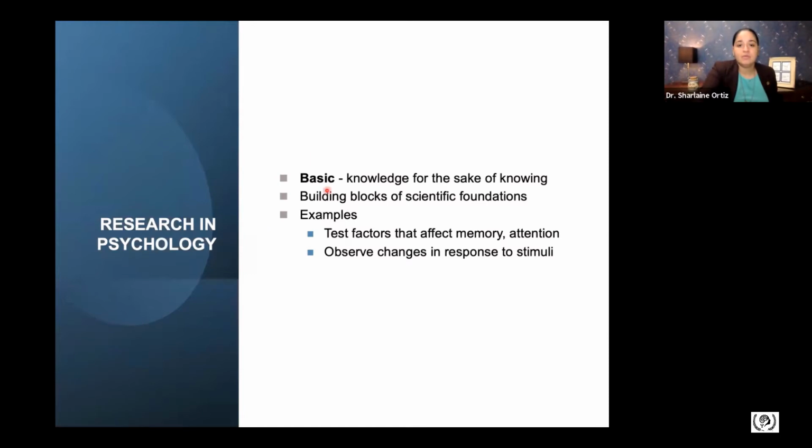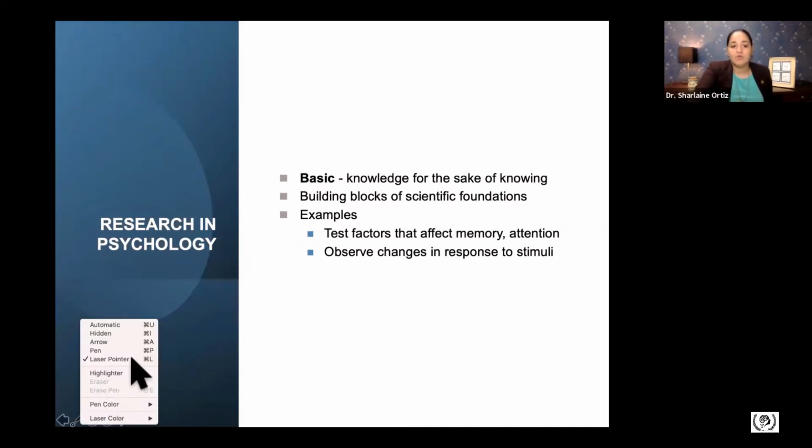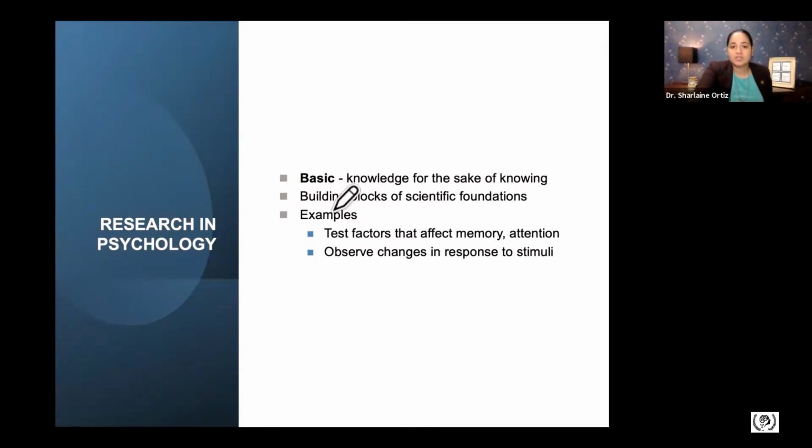Over here with basic research, we're basically conducting research just for the sake of knowledge, just for the sake of understanding. Generally, what we are trying to do is build the building blocks. We are trying to get information for just an overall understanding of a phenomenon,